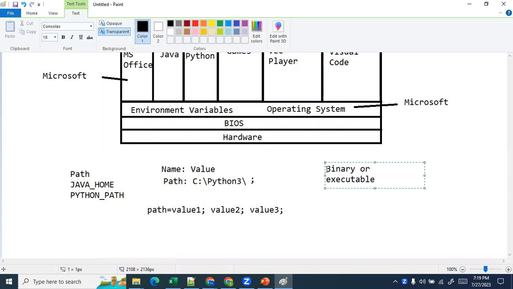Executable files. These executable files are exe files, binary or executable files. So the location of these exe files should be in the path variable, so they get executed. For example,